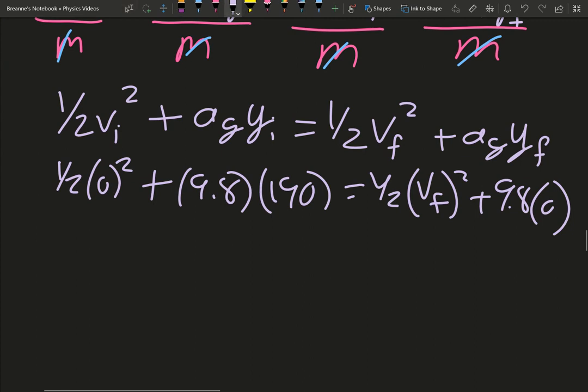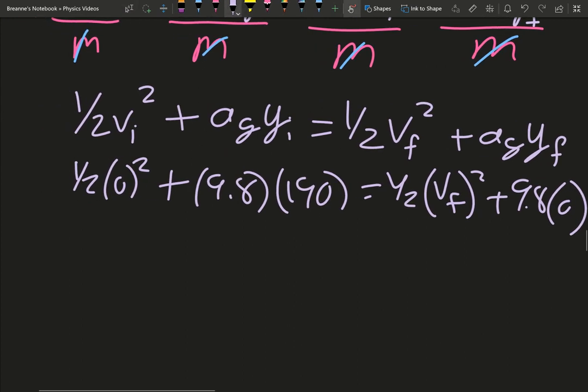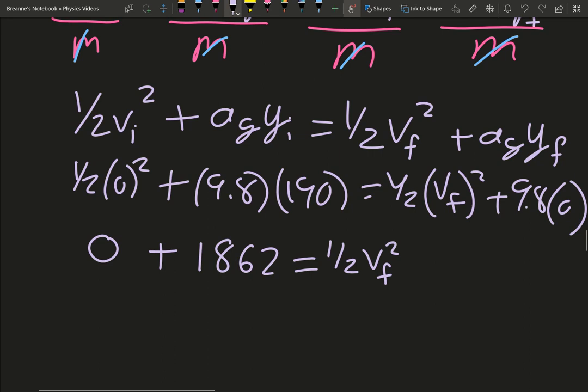So 1/2 times 0 squared just gives you 0. And then you can plug in your calculator 190 times 9.8, and that gives you 1862 equals 1/2 v final squared plus 0 times anything gives you 0. So now we need v by itself. Since this is being multiplied, you have to divide. That cancels out, so you get your v